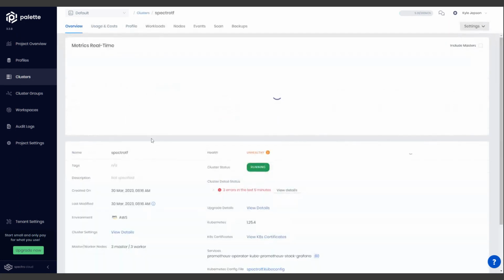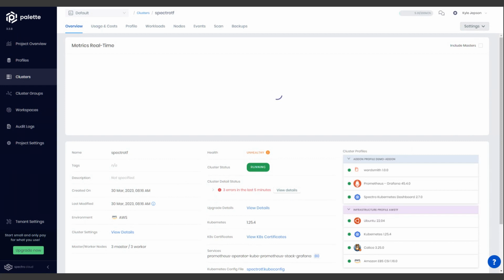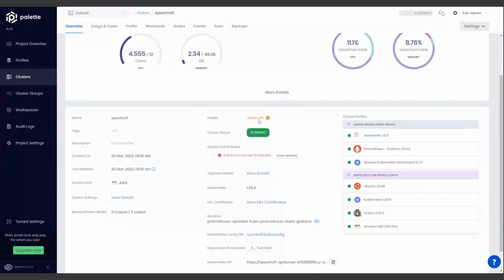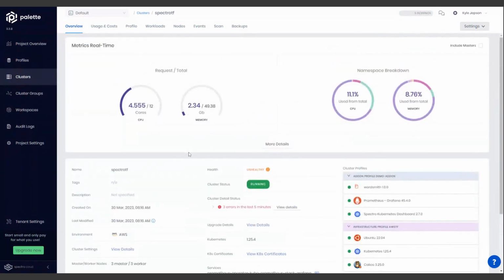All right. So you can see this is the cluster that we created using Terraform just a little over 20 minutes ago. All of the add-on profiles have been deployed. The infrastructure is there. All of the nodes are ready. It's just coming online to be healthy here, and we should see that update in just a second. As soon as that's healthy, we'll go ahead and fire off this next Terraform run. In the meantime, I'll go ahead and show you a little bit about